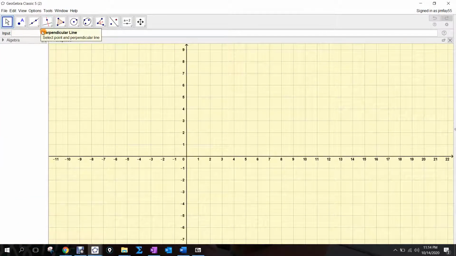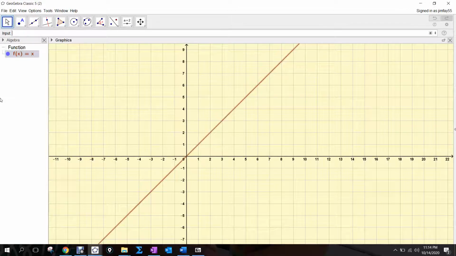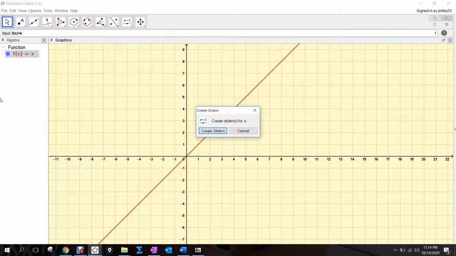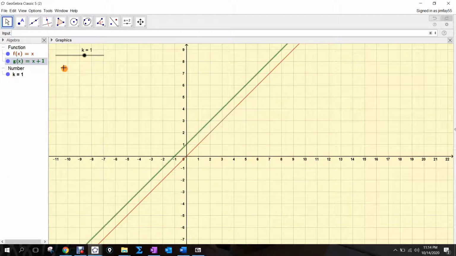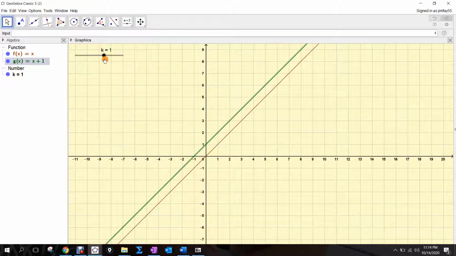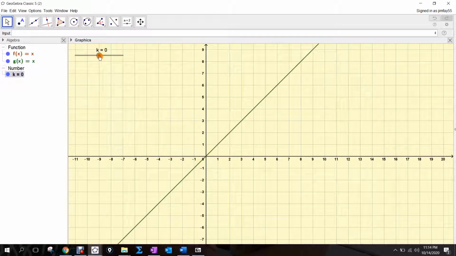Alright, so if I've got some function f of x, I'm just going to call it x. It could be 2x, could be 3x, could be 4x, doesn't matter. But now if I say f of x and I add some amount to it, actually let's call it k, so k was what our rule was saying. You can see here, what it does is it creates what we call a slider